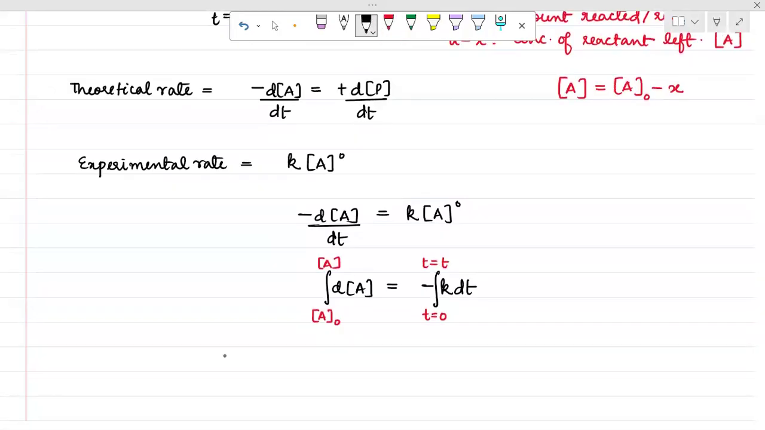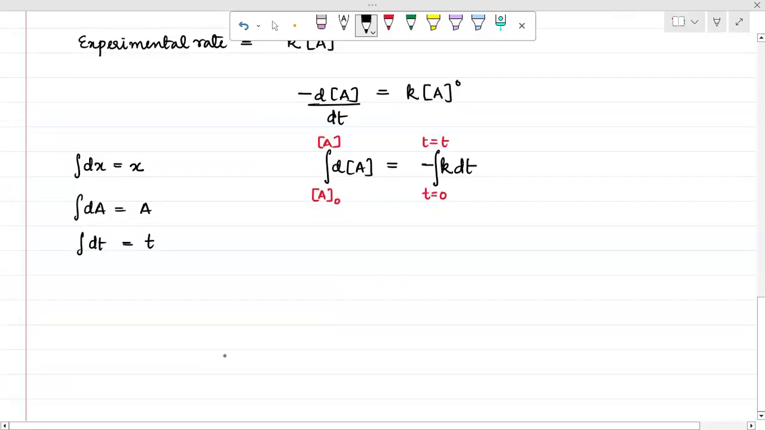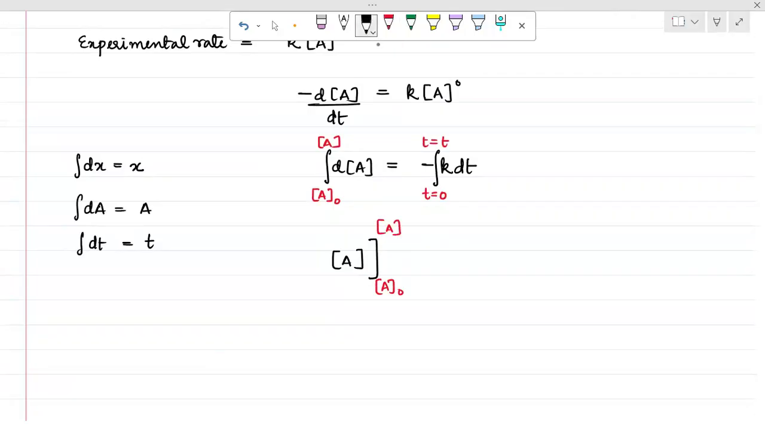Now let's see what we have. Integral dx is just x. What we have over here is integral dA, so that is going to be just A. We have integral dt, and that is going to be just t. So let's put them: integral dA is the concentration of A with limits, lower limit A naught, upper limit A. Minus K is a constant, and integral dt is t, with limits